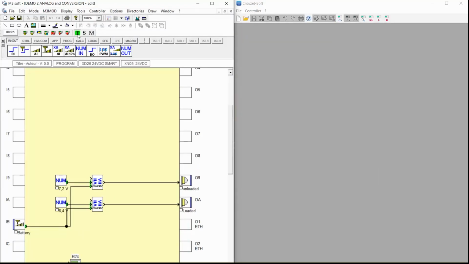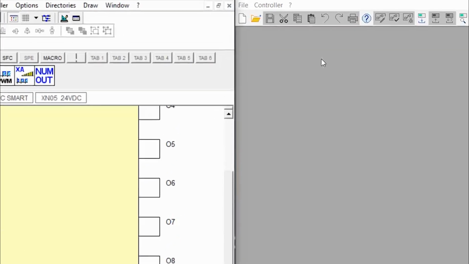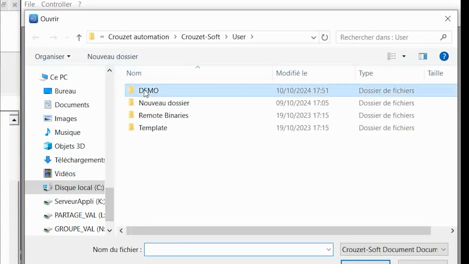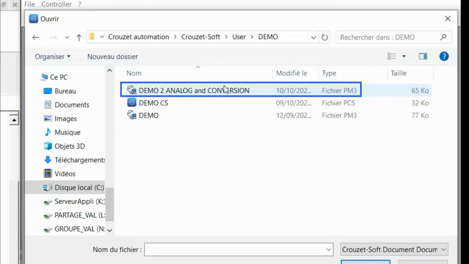Step 1, I'll just click on the Open icon, which is a folder. Then I'll select my program file, which is a PM3 file, as you can see. I click on it,